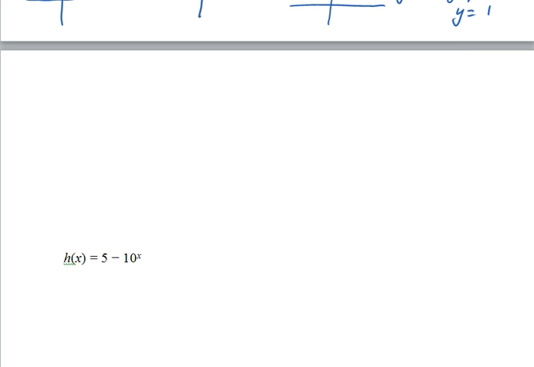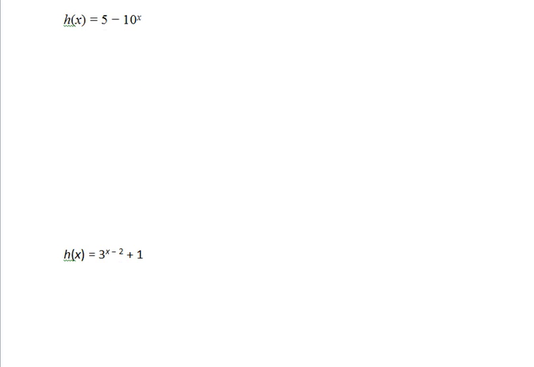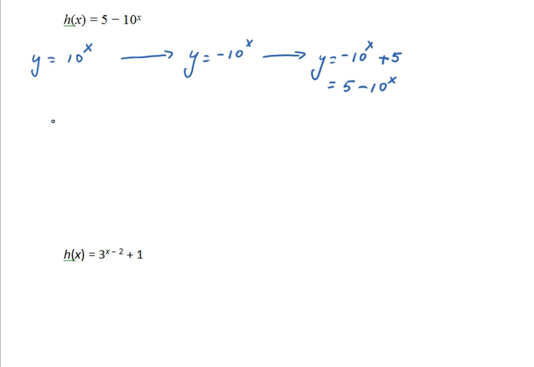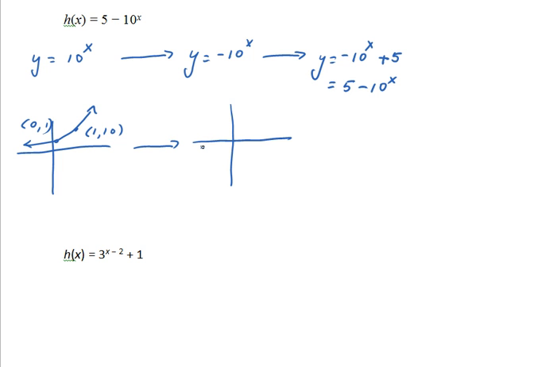The next example, h of x equals 5 minus 10 to the x. So we'll start with y equals 10 to the x, go to y equals the opposite of 10 to the x, and finally y equals the opposite of 10 to the x plus 5, which is equivalent to 5 minus 10 to the x. So 10 is bigger than 1, so we're looking at an increasing function through 0, 1 and 1, 10. The opposite of that will reflect the graph over the x-axis,